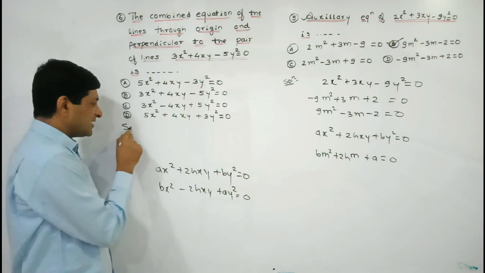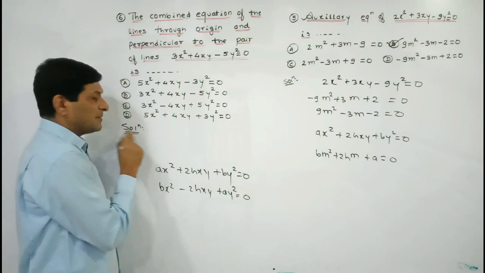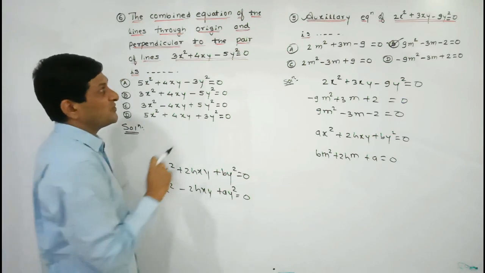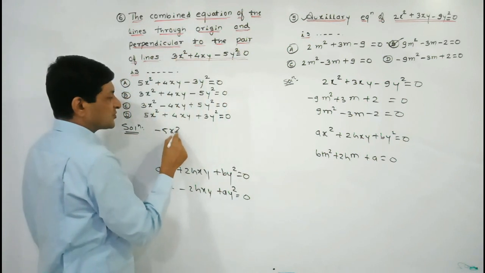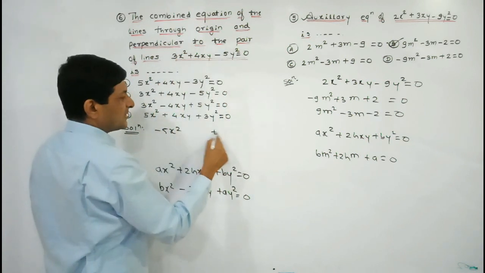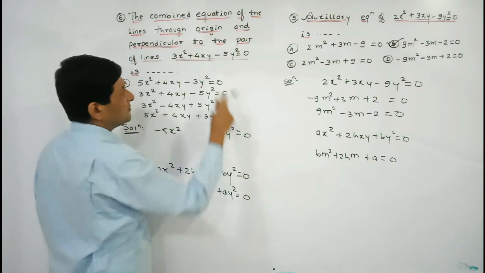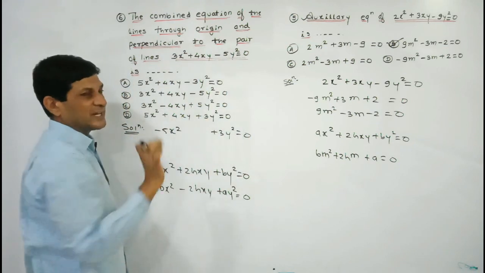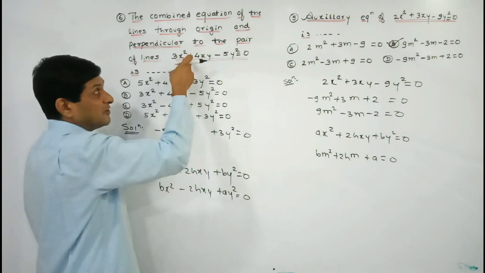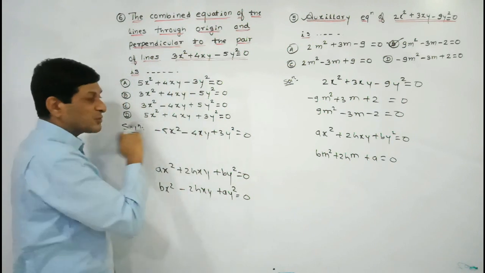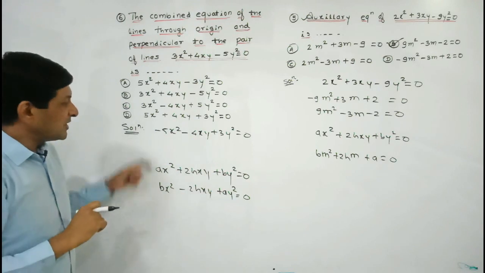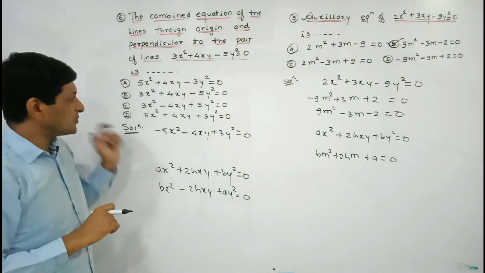Using this method, let us see what result we are getting here. First we interchange the coefficients of x² and y². -5 comes here, so we get -5x², and here we get +3y². Just simply we are interchanging the coefficients of x² and y² and changing the sign of the middle term. Change the sign here, so we get -4xy. So we have got our answer here. But this result does not appear in the options, which means we have to